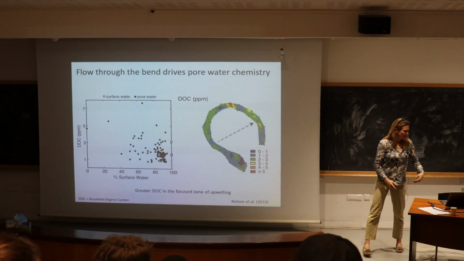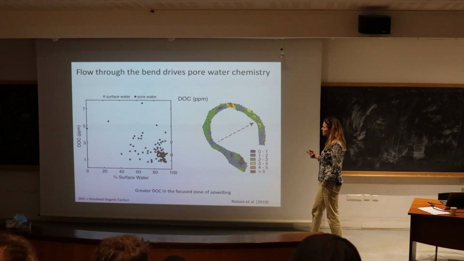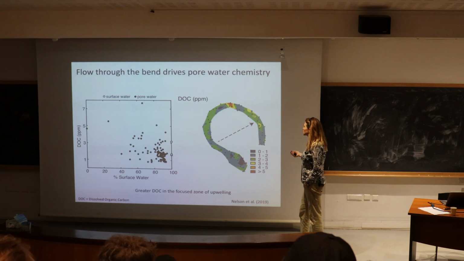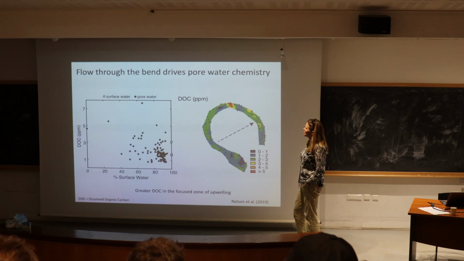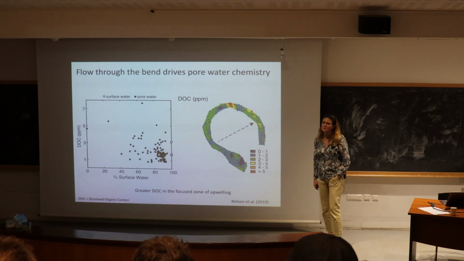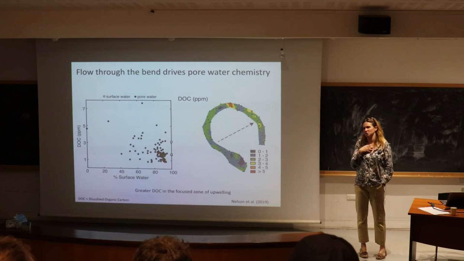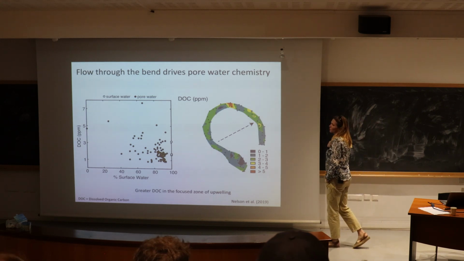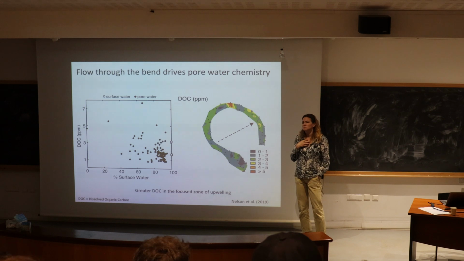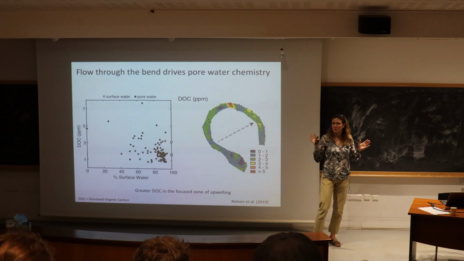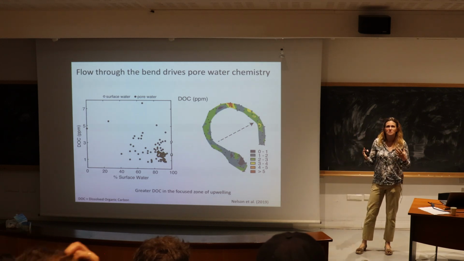And then we also looked at dissolved organic carbon. We looked at a lot of things, but I'm showing you the greatest hits. We also looked at its quality, not just its concentration, using fluorescence, but I'm only going to show you concentration today. You can see again, it's a little bit all over the place in terms of the pore water, but to me, this is just an indication of how heterogeneous these environments are. And I've never worked in a place before where the sediments weren't a really important source of dissolved organic carbon. So some of the areas with higher dissolved organic carbon, I would bet it's coming from the sediments.